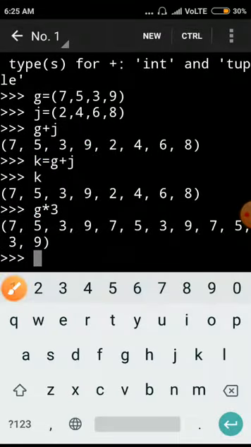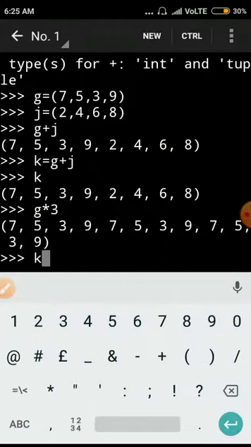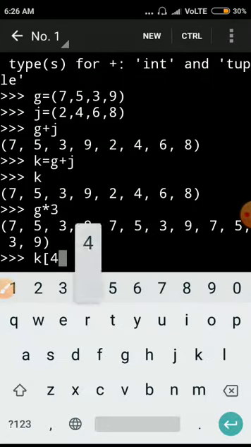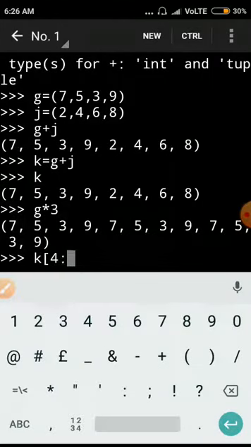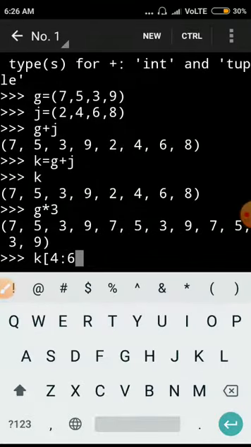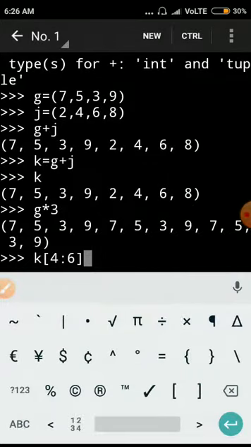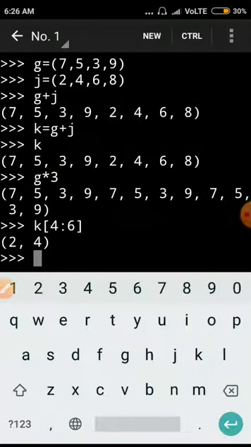So let's check k and their starting position 4 and ending position, suppose I give 6, and the bracket. Okay, so it will write 2 and 4.